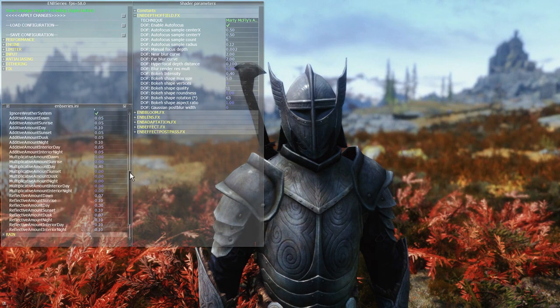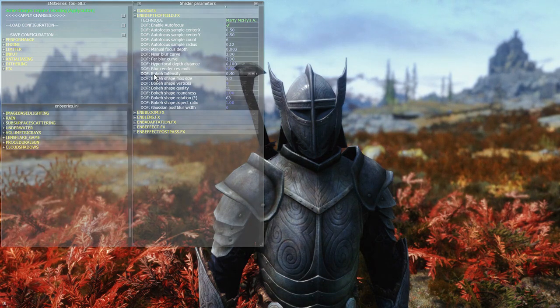Relative to the time of day. So you can change the amount of image-based lighting in the day, at sunrise, at dawn, at dusk, at sunset, and you can do the same thing for bloom. You can do the same thing for pretty much everything really, except depth of field, because obviously that's a constant